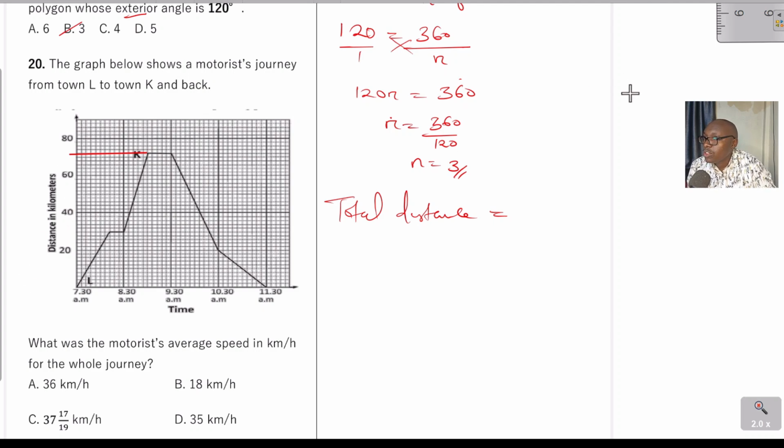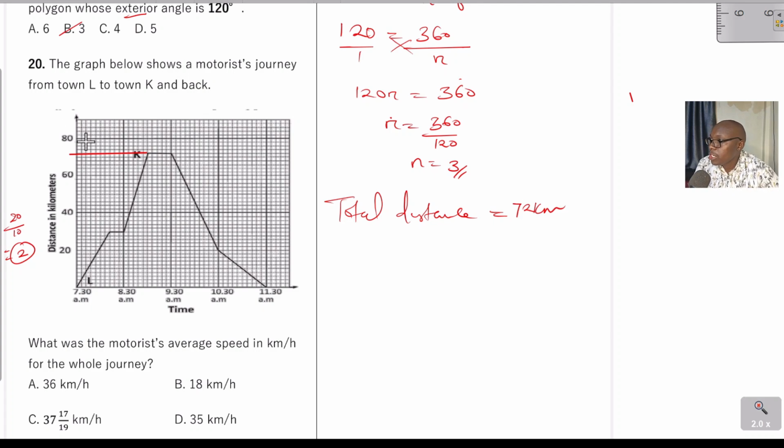So 1 small square will be 20 divided by 10. So 1 small square represents 2. 1 small square, 2, 4, 6, 10, like that. So this one is at 60, 62, 64, 66, 68, 70, 72. That one should be 72